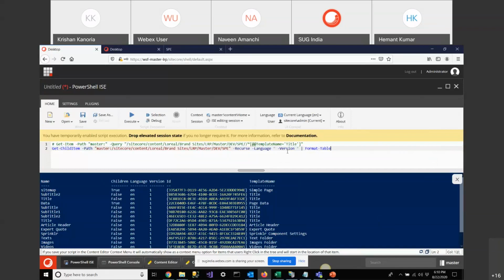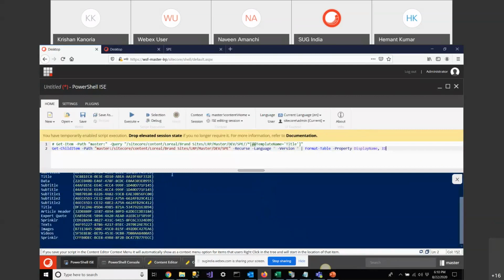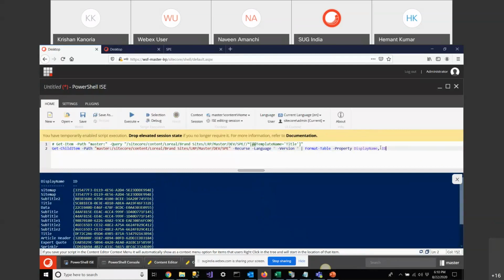Here I can give some property, like display name. If I want display name and ID, if I run this, then this will give me only the display name and ID. Like this, I can provide language and versions, so I can change my result as per my requirement.